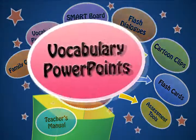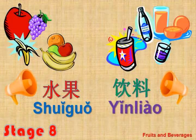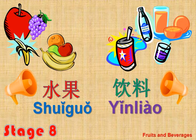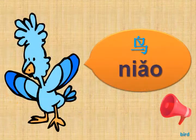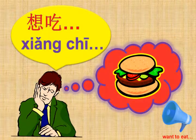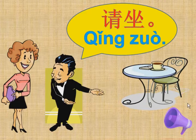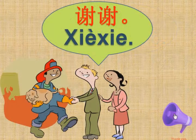Vocabulary PowerPoints with images and sounds are used to introduce new or review old vocabulary in Chinese, making translation unnecessary. Each slide features a speaker symbol and displays the target vocabulary in a contextual environment. The word is pronounced when the speaker is clicked. 请坐。谢谢。